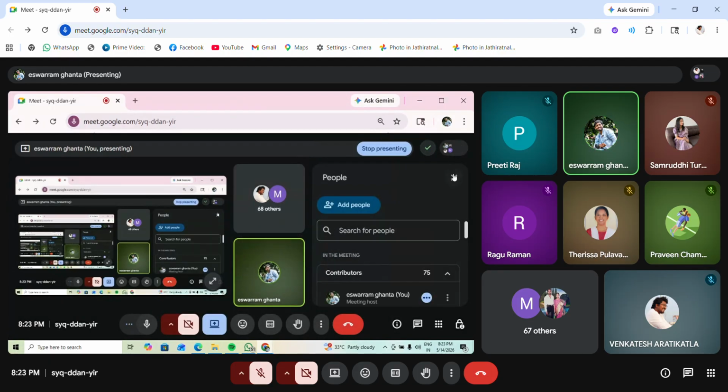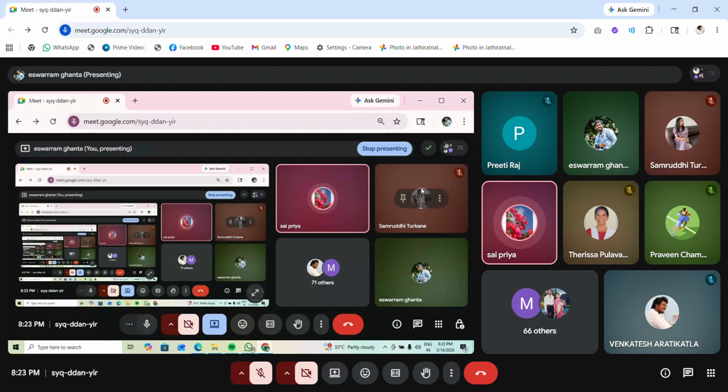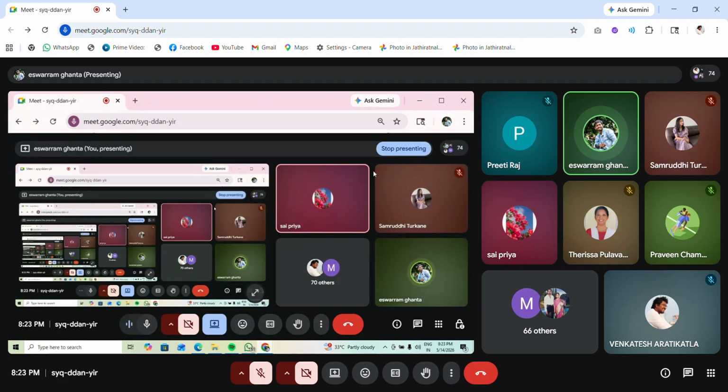Sir, same physician or different physician also? No. In the case of same physician only, this modifier is suitable for that code. If the physician is changed,